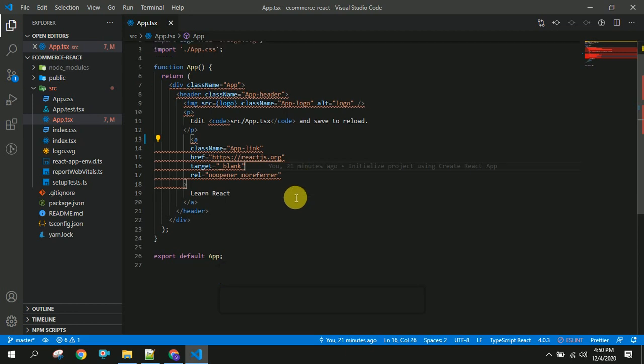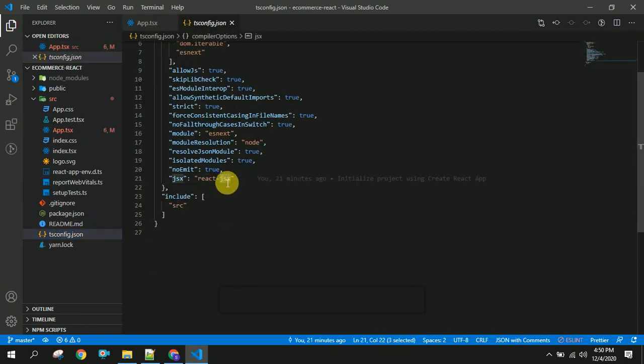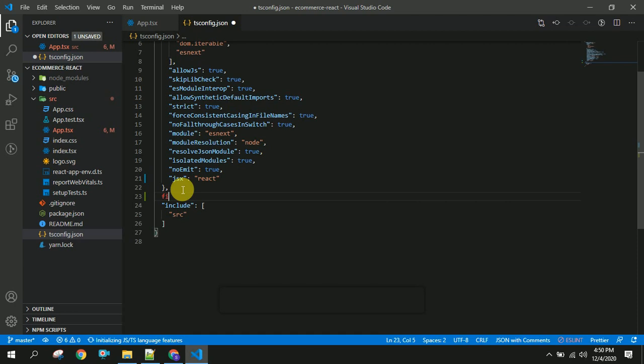Now the next thing we are going to do is resolve these issues. So the first thing you have to do is remove this JSX here. And next thing is you have to add files, colon, some array.